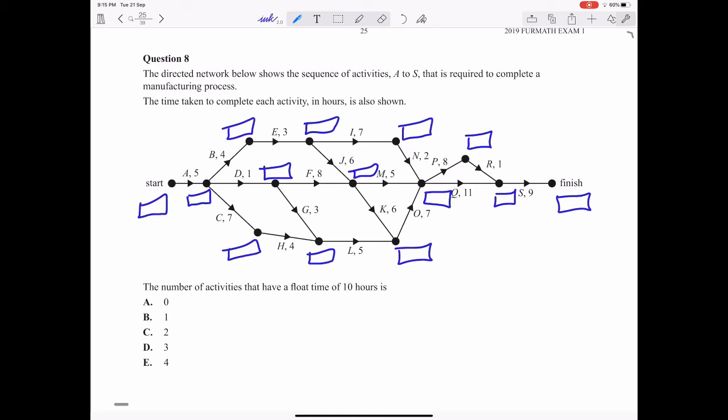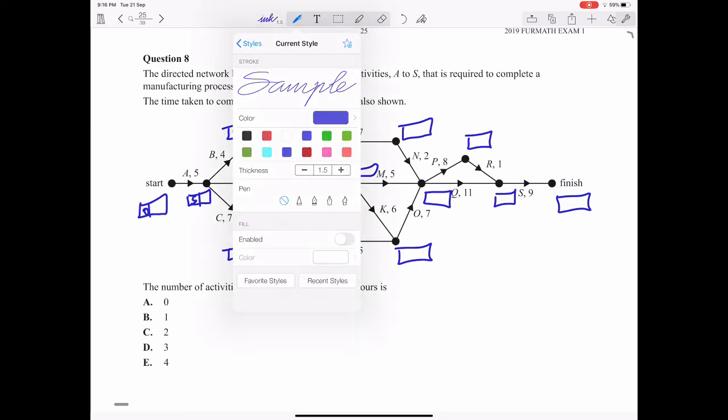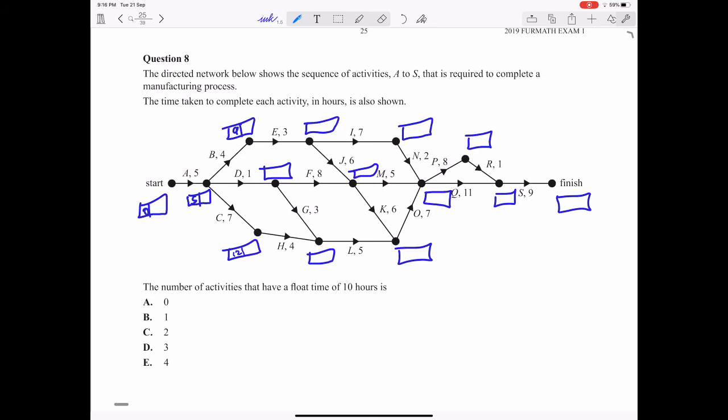So once you've done that, basically we pick the largest number going forward, and we start off with 0 over here. 5 plus 4 is 9, 5 plus 7 is 12, and 12 plus 4 is 16, and then 5 plus 1 is 6, 6 plus 3 is 9. Largest number 16, so that should say 16, 16 plus 5 is 21,